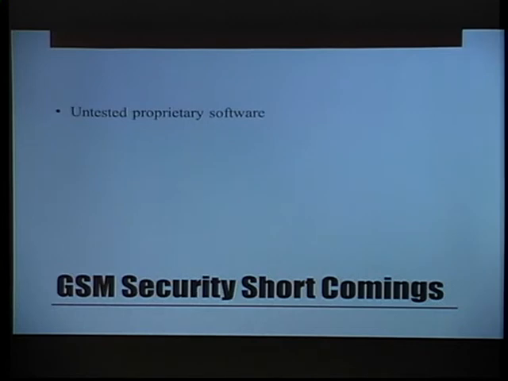So, untested proprietary software. We all know dev people are bad. I like my code to be reviewed because I know there are people out there who write better code than I do and find holes in code that I write. That's why people review it. But the code running on these systems is not really tested for security. It's meant for uptime and reliability. Security is now becoming a thought, but really it's just a back item that gets in the way of having a system that has more uptime. Though we consider security to be part of uptime,